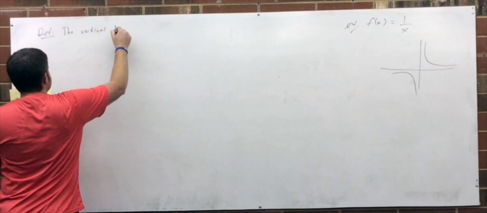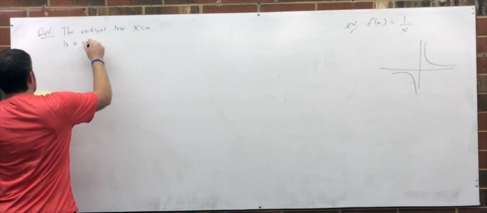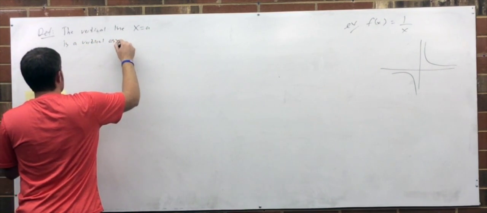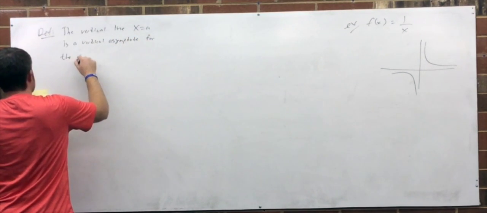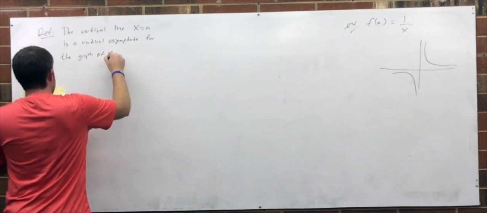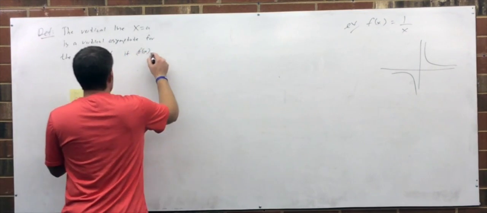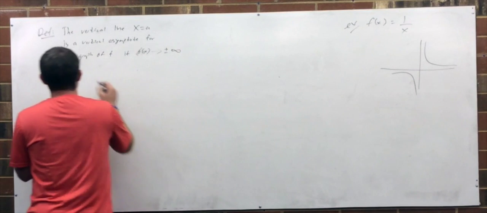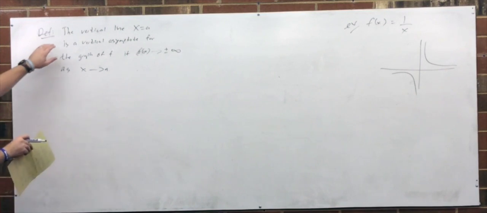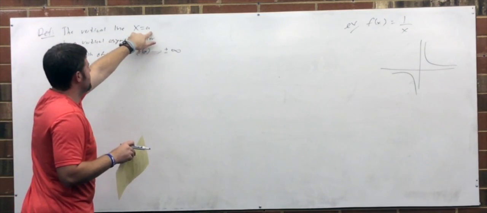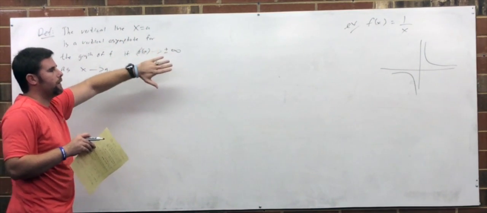The vertical line x equals a is a vertical asymptote for the graph of f if f of x approaches positive or negative infinity as x approaches a. Okay? So the line at x equals a is a vertical asymptote if the function approaches positive or negative infinity